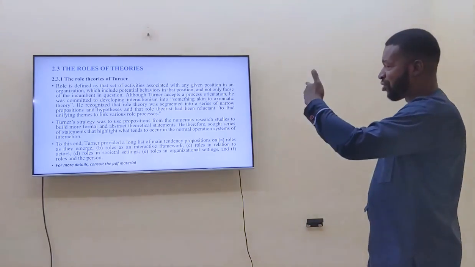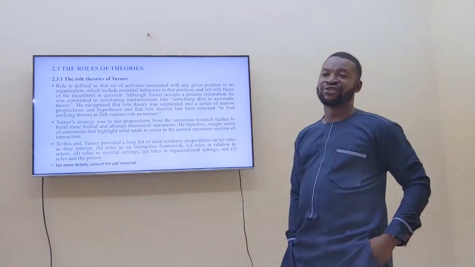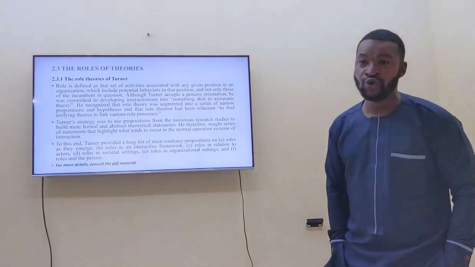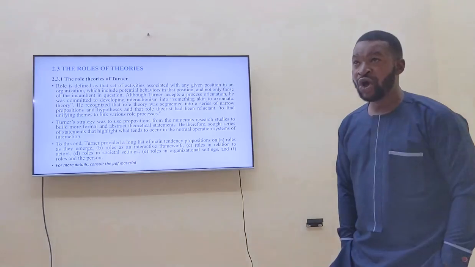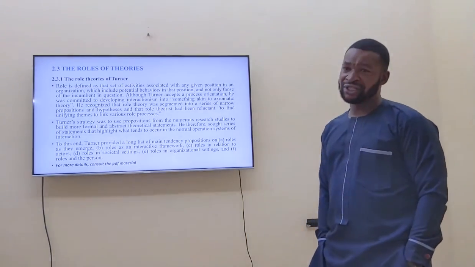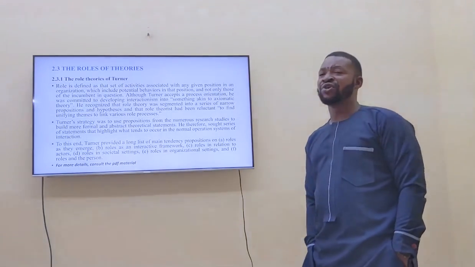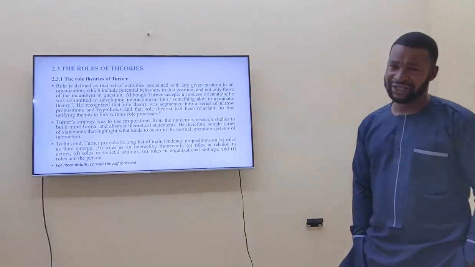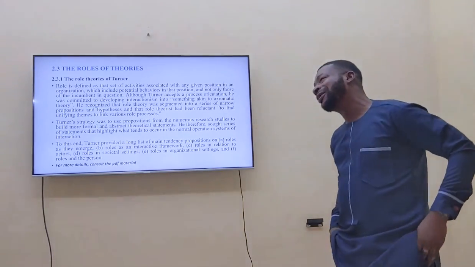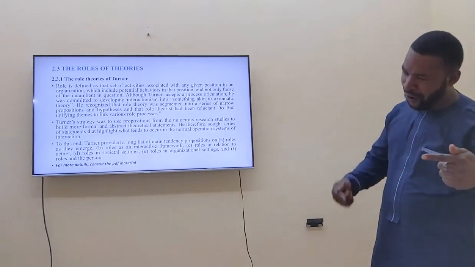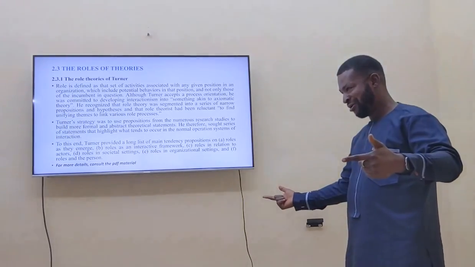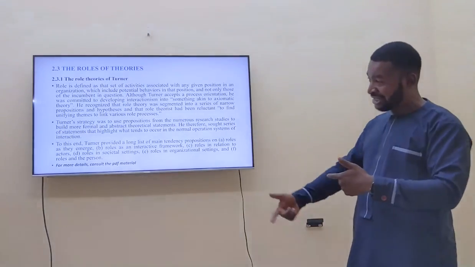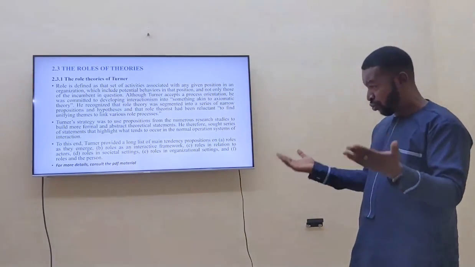I will substitute these real theories of thought with the frustration aggression theory. The frustration aggression theory is one theory that has been used by a lot of scholars to look at the causes of conflict. The frustration aggression theory was developed by Neal Miller and Dollard in 1943. The theory is simply saying that because there is frustration, what follows is aggression. And when someone starts acting aggressively, definitely there is going to be what?